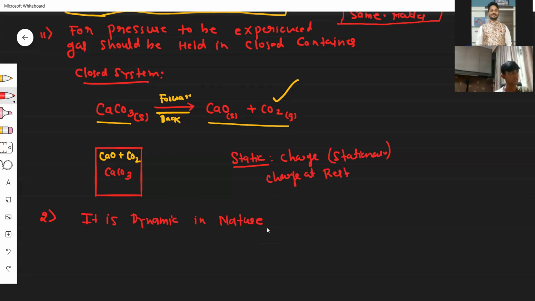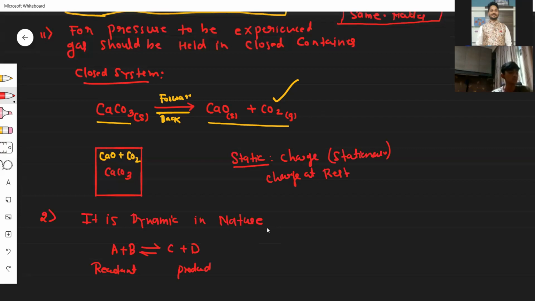So if a reaction is in motion, under rapid interconversion, like A plus B gives you C plus D, I can say that it is dynamic in nature. What is the meaning of dynamic? It keeps on changing. It does not remain static. I hope you got the meaning of dynamic in nature. As I told you at the beginning, equilibrium is a conversion of reactant into product, so it keeps on happening.